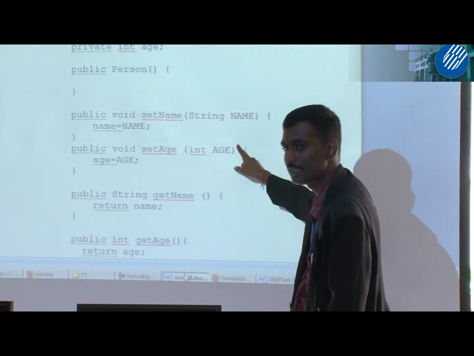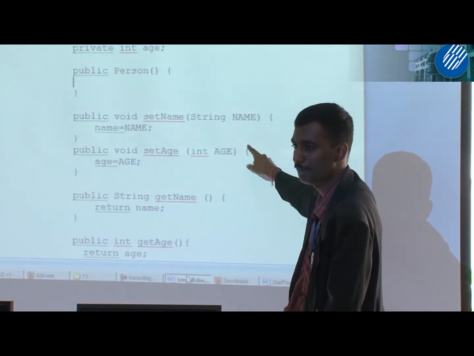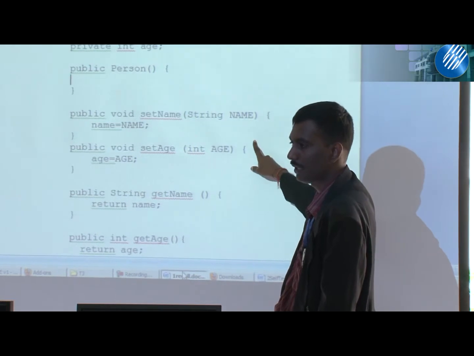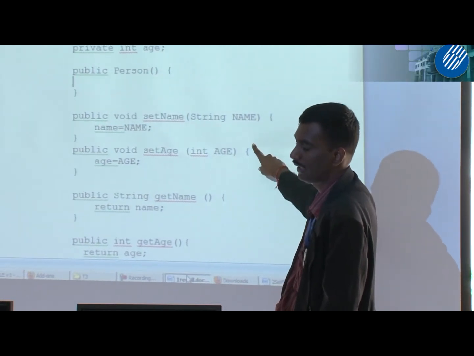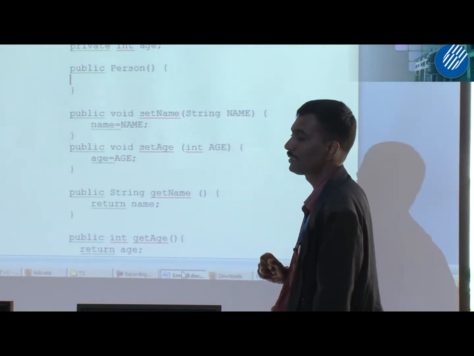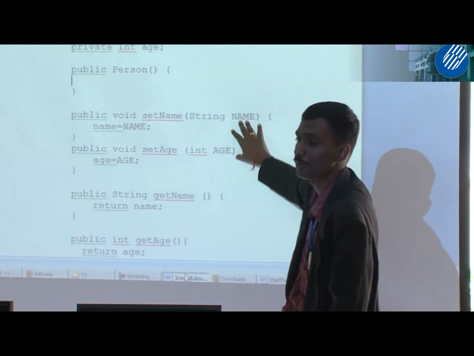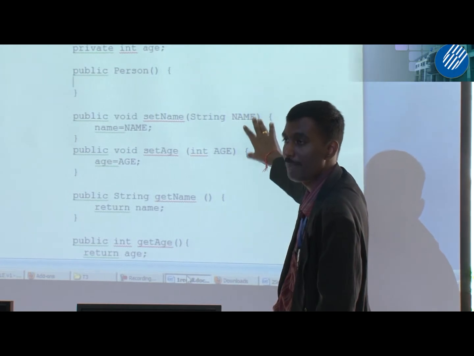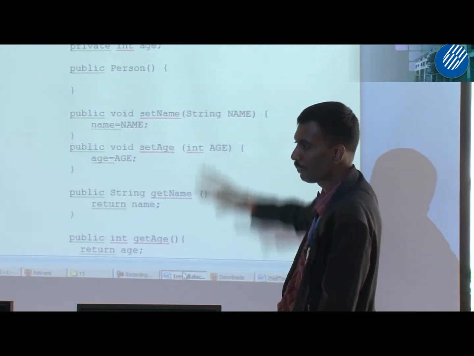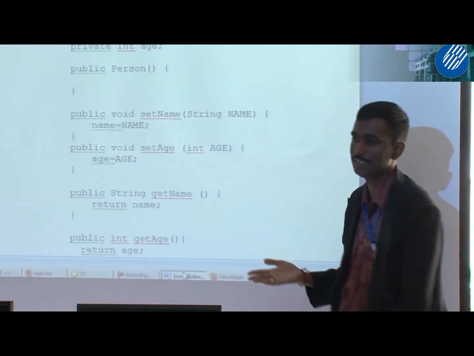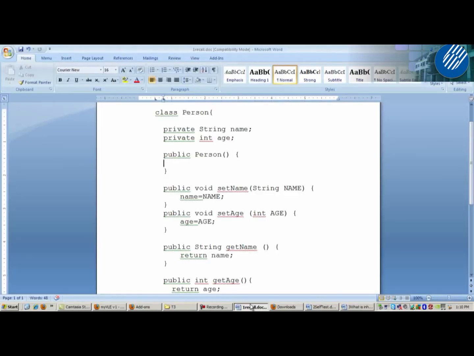So class person is superclass or subclass? Superclass. Okay, class person is superclass, and class customer is subclass. Or sometimes superclass is also known as parent class, and the subclass also known as child class. But the common term is superclass and subclass. Okay, any question about the term superclass and subclass?